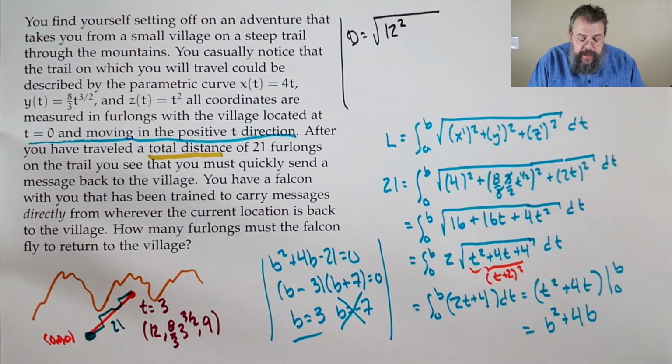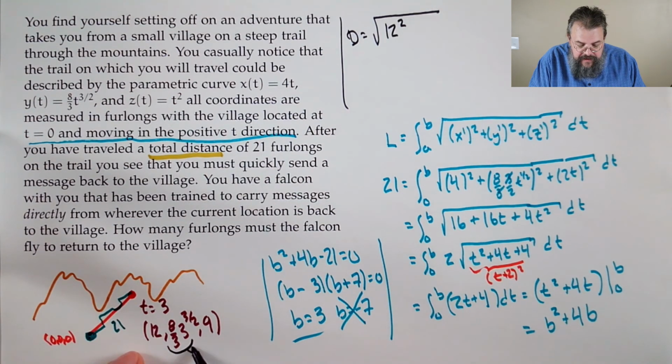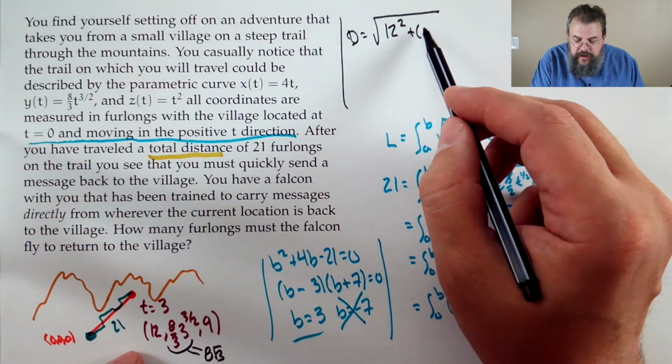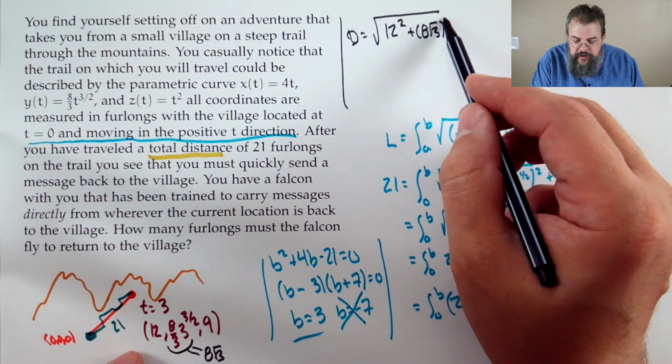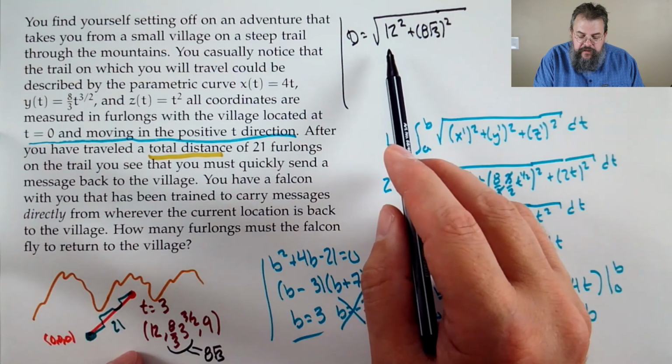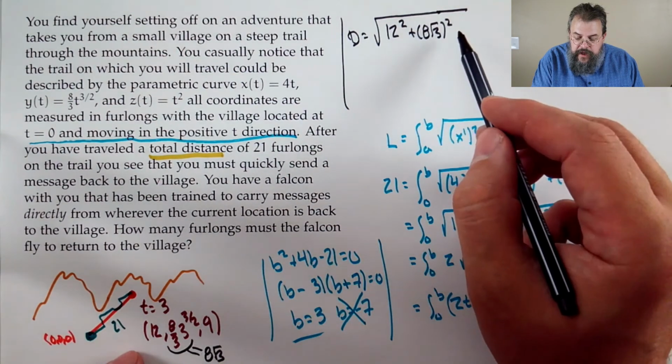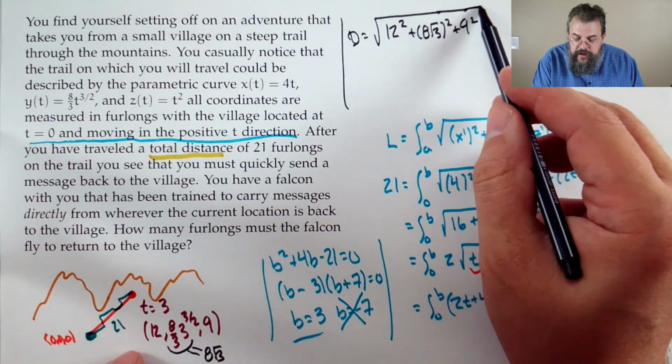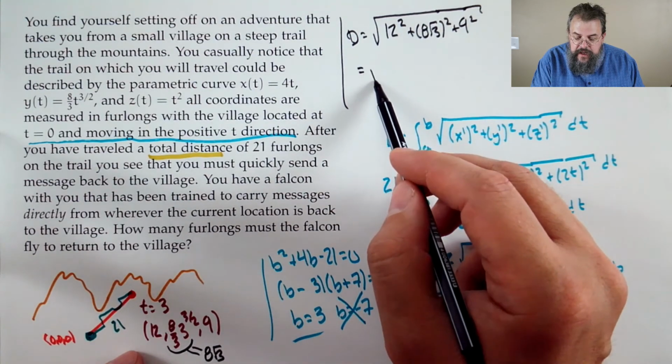Change in y. Now we can, by the way, before we get too far ahead, 3 to the 3/2. If you think about it, it's like there's 3 copies of root 3. If you put 2 copies of root 3 together, that's a 3. So this piece right here is the same as 8 times square root of 3. So plus 8 square root of 3 squared, okay? X value squared plus y value squared plus the z value squared. All right, so that's the square root